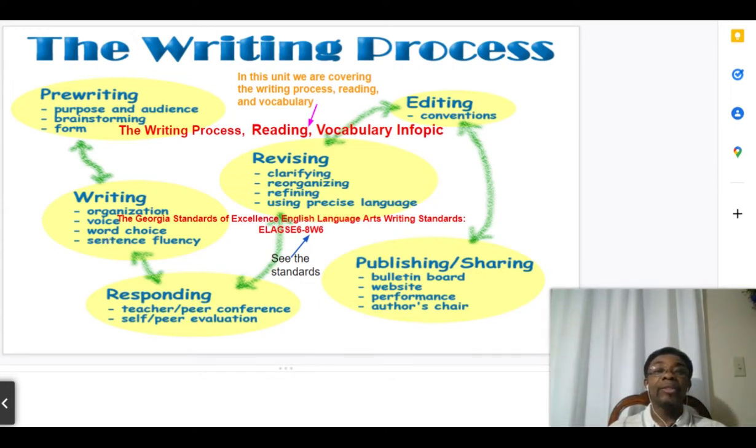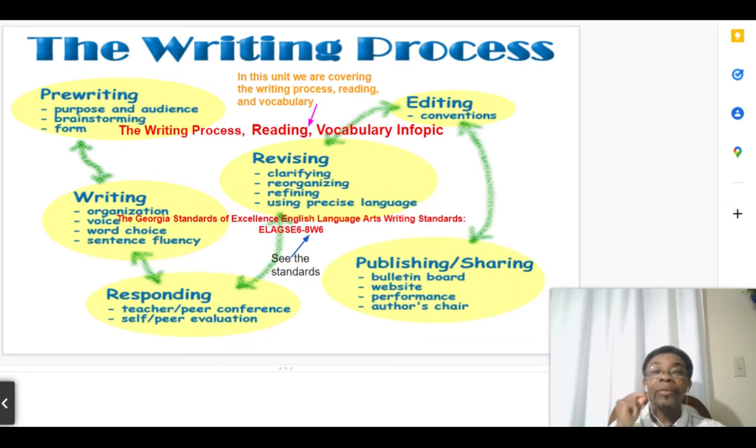The next stage will be the revising stage. In the revising stage, we have clarifying, reorganizing, and refining, and using precise language. That's academic language, not using casual register. And when you look at this blue arrow, we've already talked about the standard already. So the next stage, which will be the fourth,